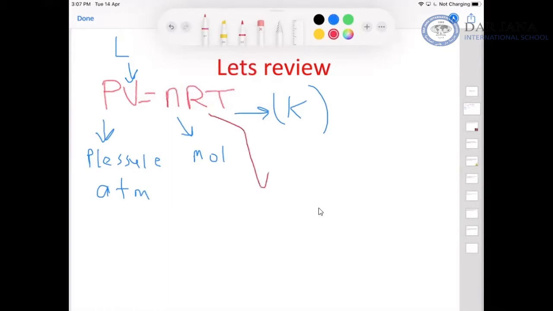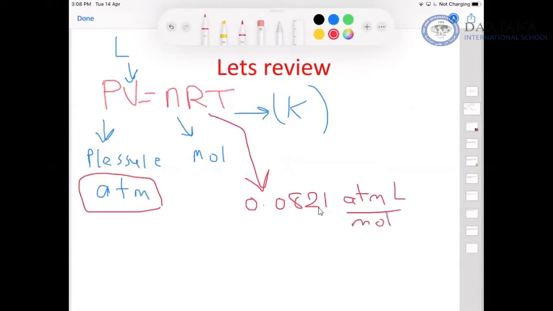Now, how about the R? The R here is a constant. And you have different values of R that depend on what unit of pressure you are using. So if the pressure was in atmosphere, the R will be 0.0821 atmosphere liter per mole Kelvin. If the pressure in the question was given in kilopascal, then you will use R as 8.314 kilopascal liter per mole